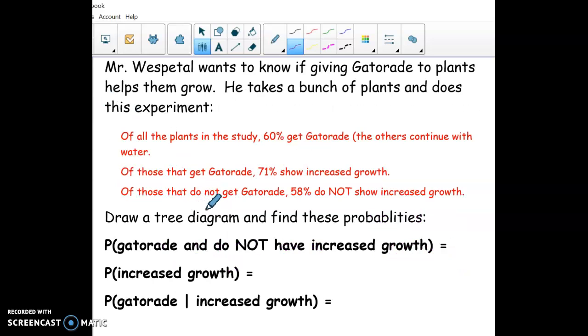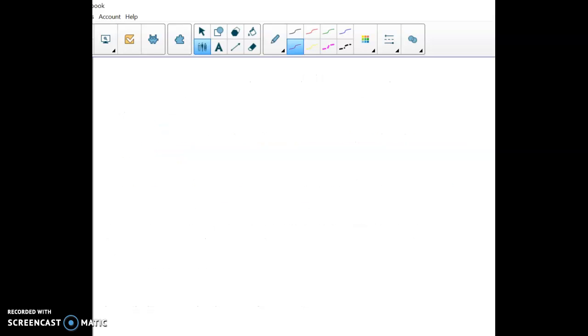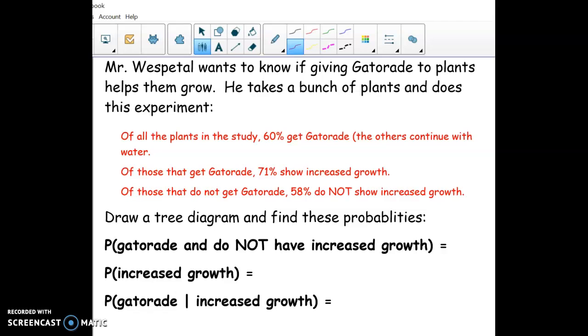Okay, so another one that's kind of related to that two-way table. This is just with a tree diagram. Okay, and I think on the test you have to both draw the tree diagram and then answer these questions. So pause the video and see if you can get the tree, and then continue. Okay, so I'm going to have to flip back and forth here because it's a little bit hard, but